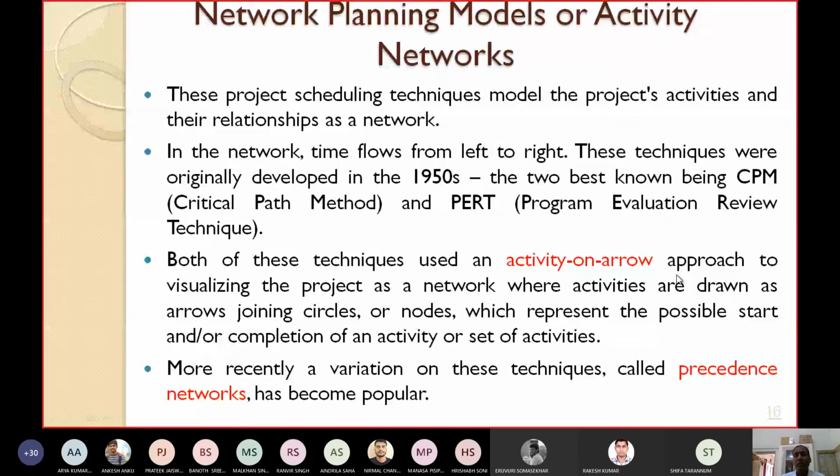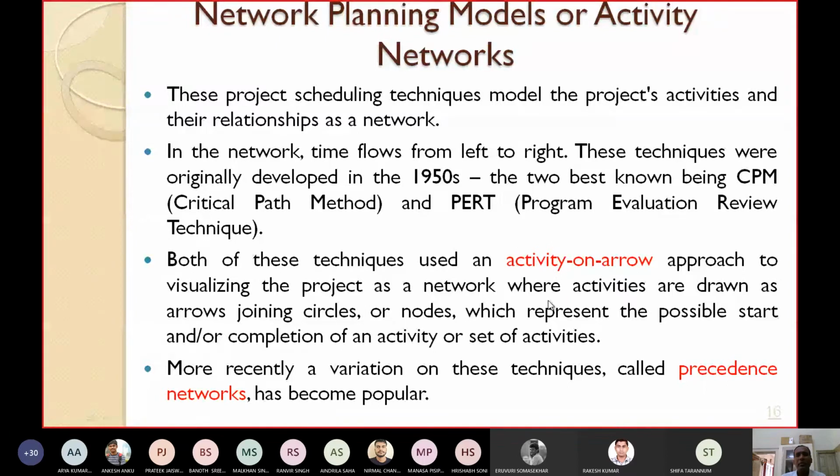In this network, the activities are drawn as arrows joining the circles. What do the circles or nodes represent? They represent the possible dates or completion dates of an activity or set of activities. So this was used in the 1950s.